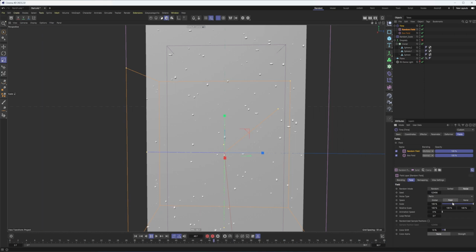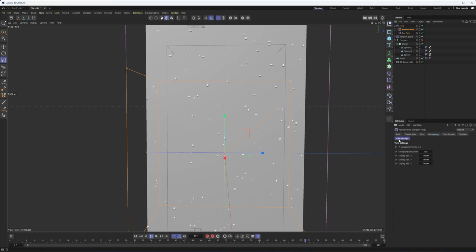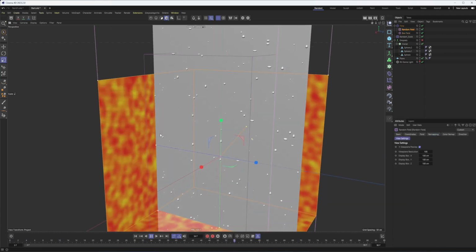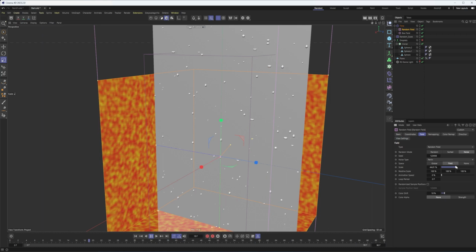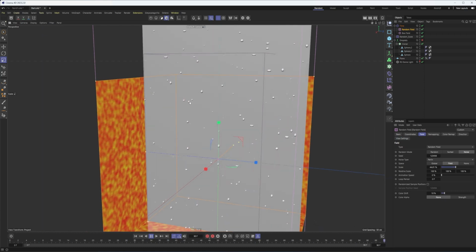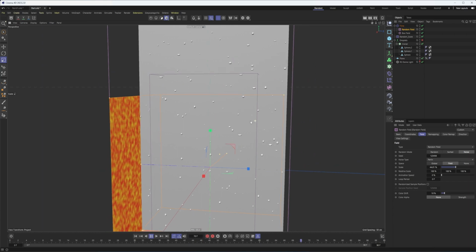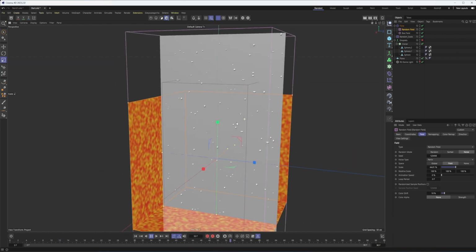It's really subtle. One thing that can help with this and make it more pronounced is by lowering the scale of our noise, right? You can see how things are kind of moving around when I do that. Keep in mind with your random field here, we can also preview it too. If you go to view settings, you can go to viewport preview. We can see that noise pattern is quite large. So a lot of those droplets could be in the same area of that noise pattern. So I'm going to make this noise pattern smaller. Now we should get that effect perhaps a little bit more pronounced. Okay, it's, once again, kind of subtle, but there we go.